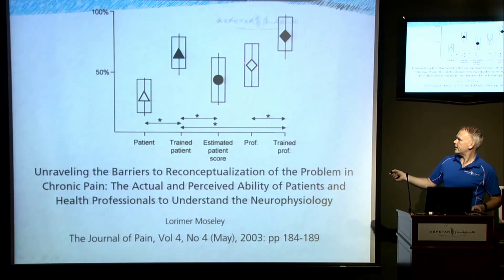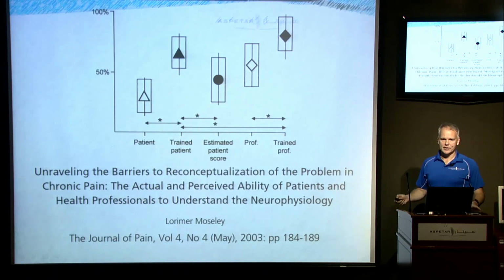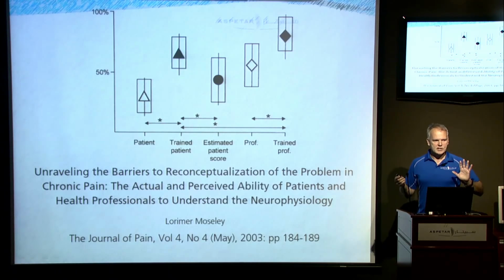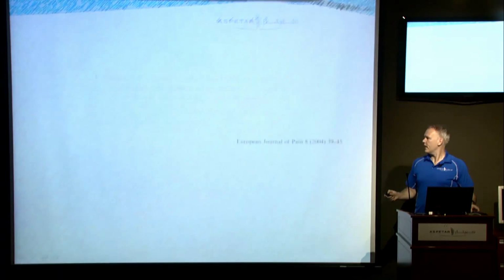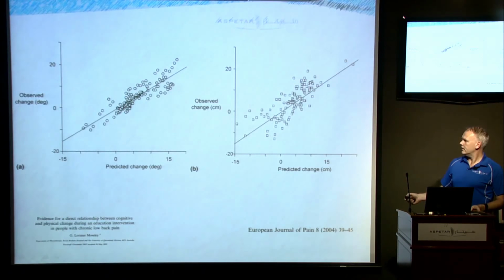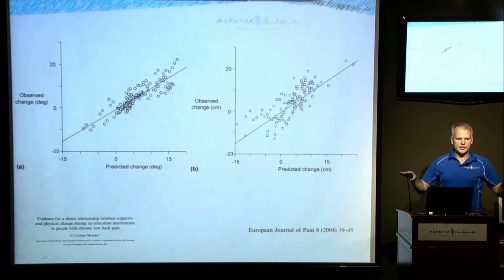Luckily for us, if we take on some training, we can actually end up having pretty good knowledge of these things. Also, what's the point of just knowing about it? Well, one of the first interventions that these guys did when they were looking at this kind of stuff was say, I wonder if we just explained this pain physiology to our patients and do no other intervention. I wonder what would happen. And it turned out that if you did that, so these are people with chronic low back pain, their straight leg raise range improved, and how far forwards they could bend also improved. No other intervention. This is pain, this is how it works, this is why you're seeing pain. Do nothing else.